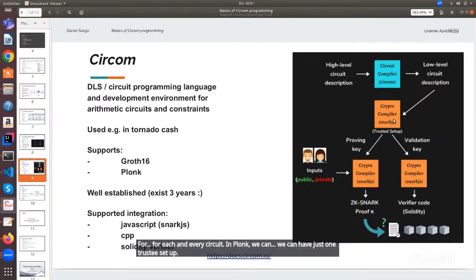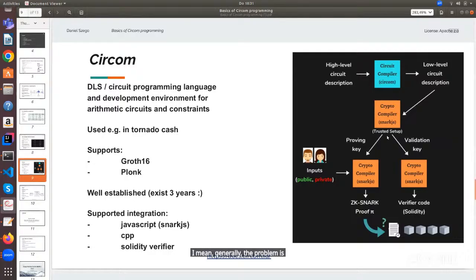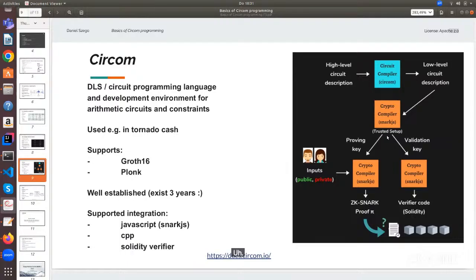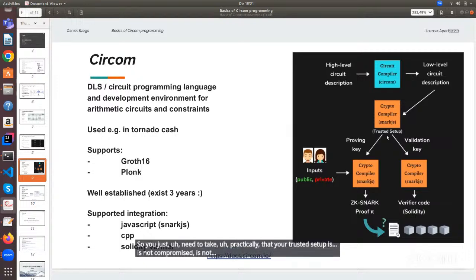Generally, the problem is the trusted setup. If your trusted setup is compromised, then the one who has the keys of your trusted setup can practically fake proofs. So you just need to take care that your trusted setup is not compromised, modified or copied, or otherwise compromised by a hacker. Then we get some proving keys and